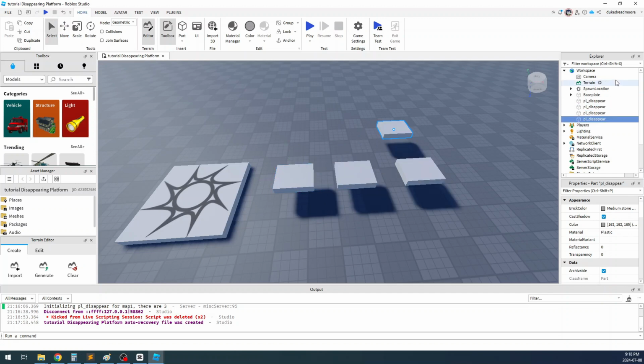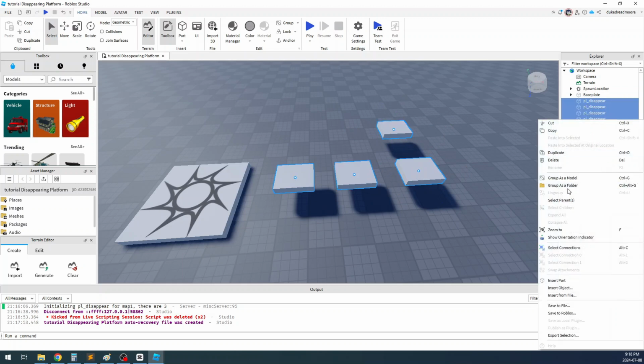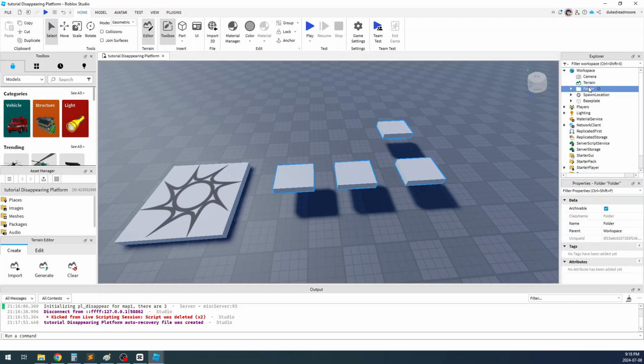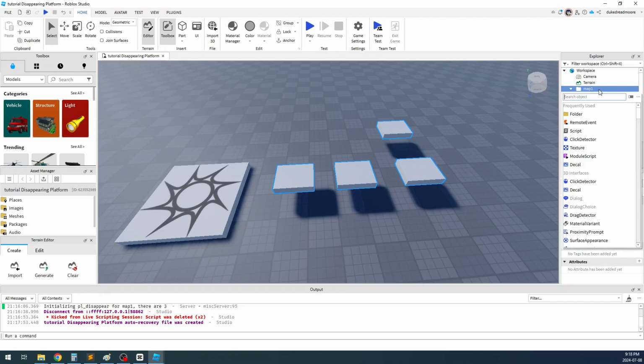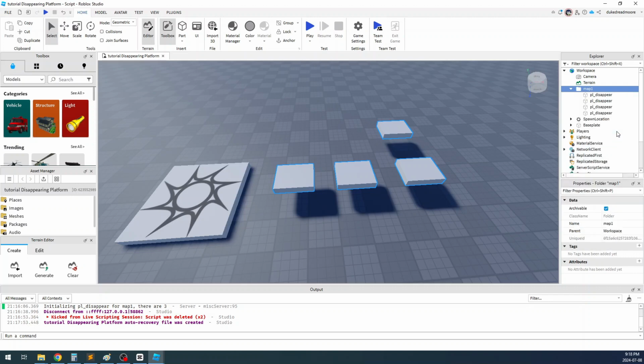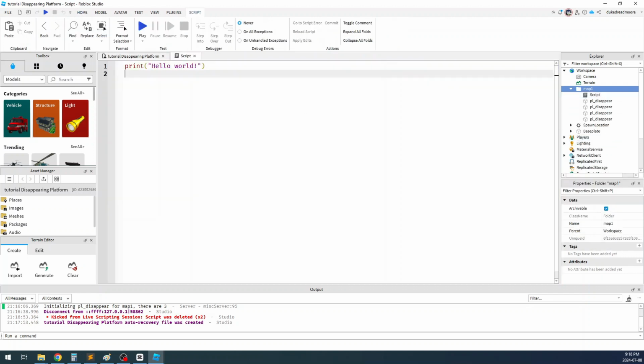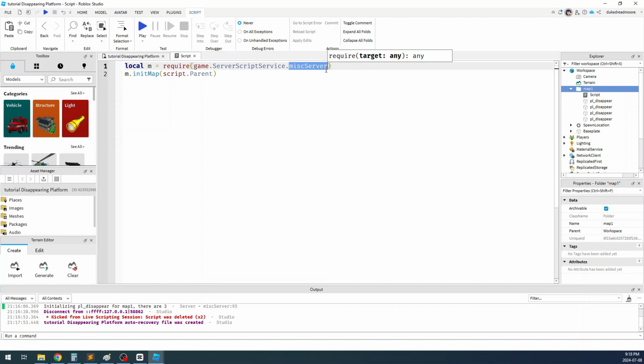Control D. And then for this pl_disappear, we want to group it in a folder. You can name the folder whatever you want, like map 1 for example. And then we want to create a script so that later on this script, okay, this script looks like this. So basically it will get the function from this file. Later we want to put it in the server script service, and then the function name is init map or